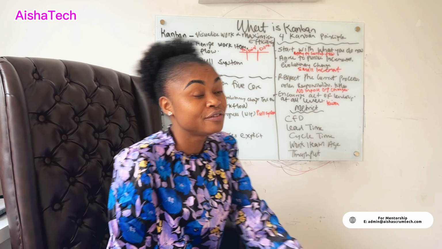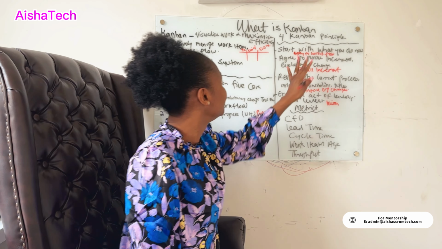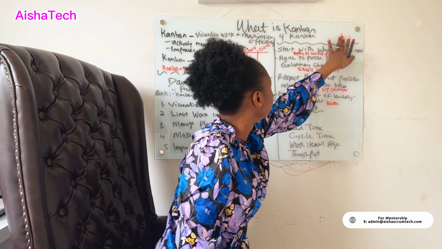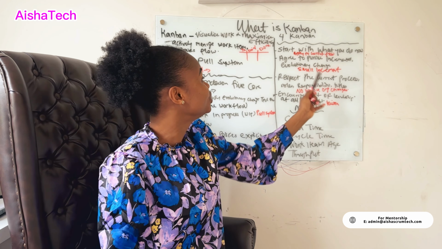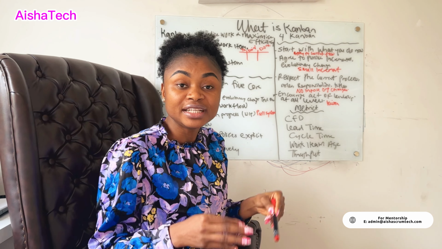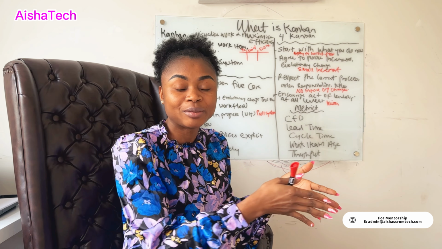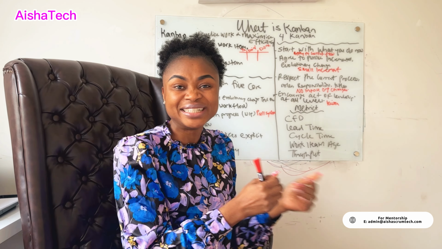And now let's talk about the 4 Kanban values. That's not principle, it's value. And one is start with what you do now. So the goal is when we introduce Kanban to a company, we are not transforming the whole company and saying, okay, now we must follow all the Kanban processes. Kanban is always used alongside the company's current flow. Start with your company, start with what you have, start with the current process, and the goal is for you to slowly improve that process, while at the end we are delivering this value.